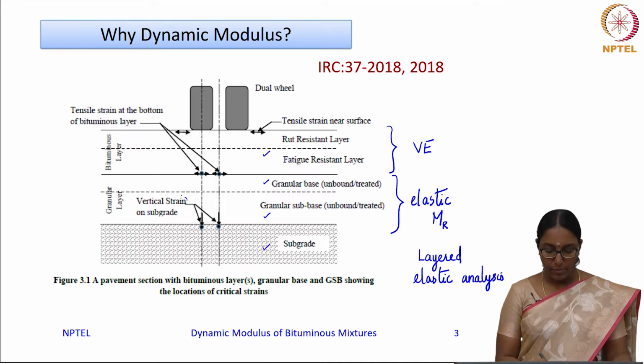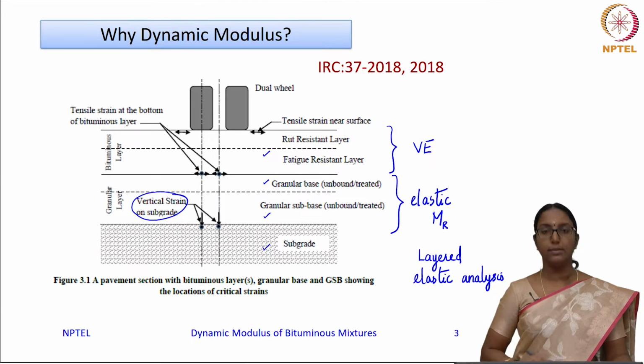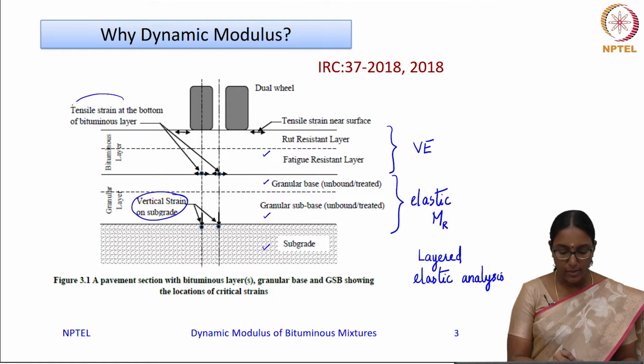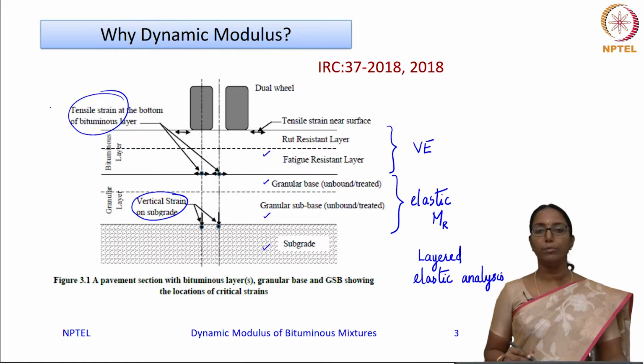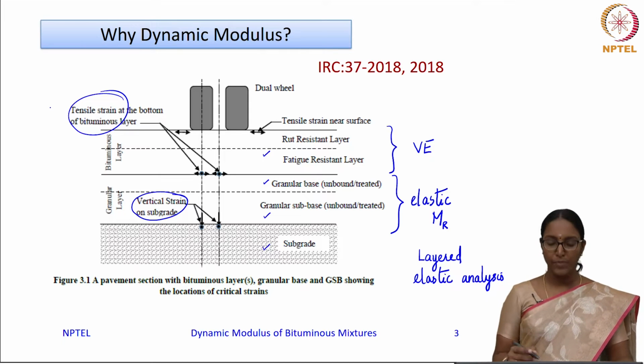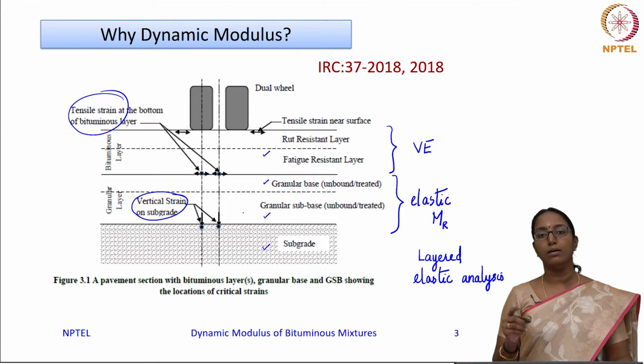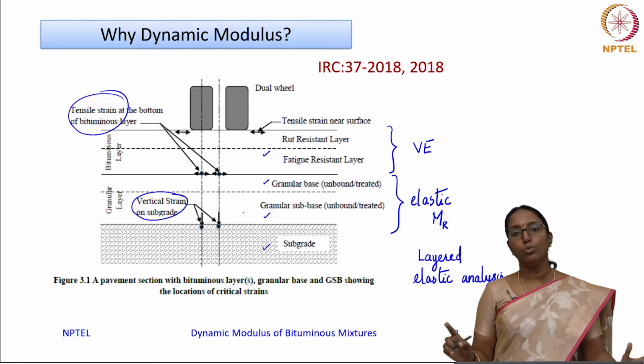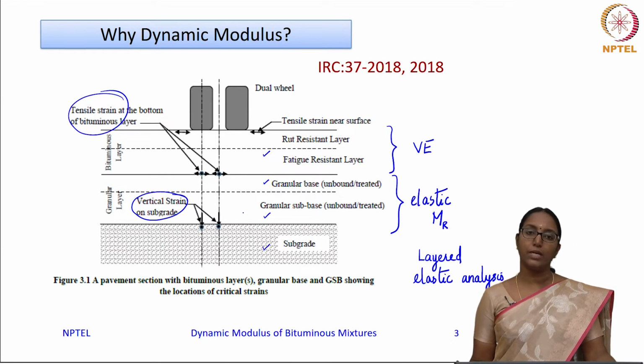As far as a pavement is concerned, the vertical strain on top of the subgrade is one critical strain, and the tensile strain at the bottom of the bituminous layer is another critical one. These are correlated to the rutting performance and the fatigue performance of the pavement, which are the two major distresses that we consider for the design.